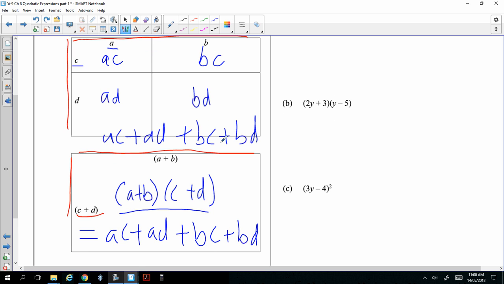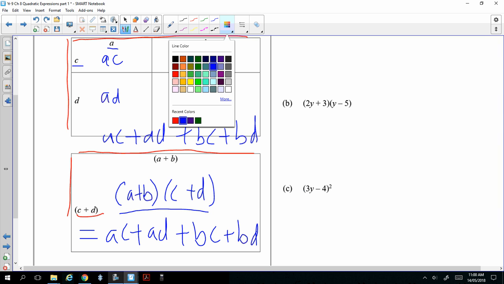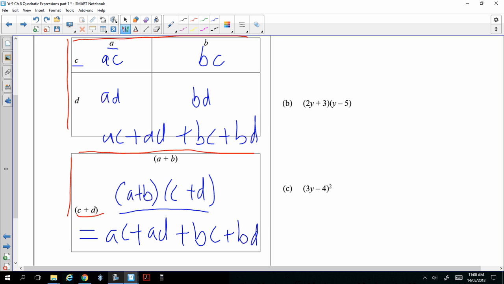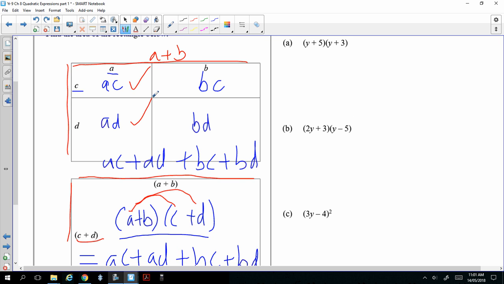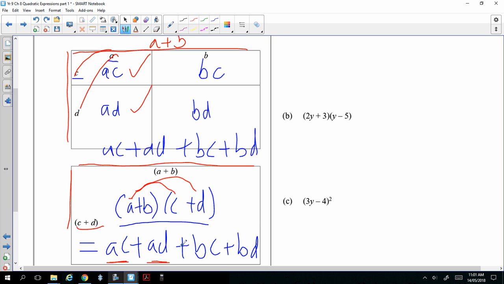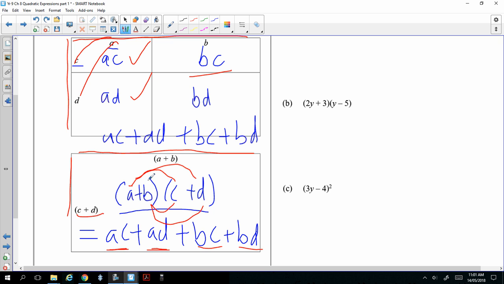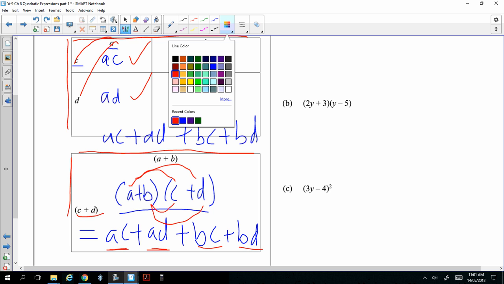So how can we do it in a bit faster way? Another way to do that is to use arrows. A times C is AC, A times D is AD. That gives you these two, right? When you do A times C, A times D, it gives you the first two terms. And then you do B times C, which gives you the next term, and then B times D gives you the last term. Get the idea? So we can see using the area that to expand this bracket, which we call a binomial expression,